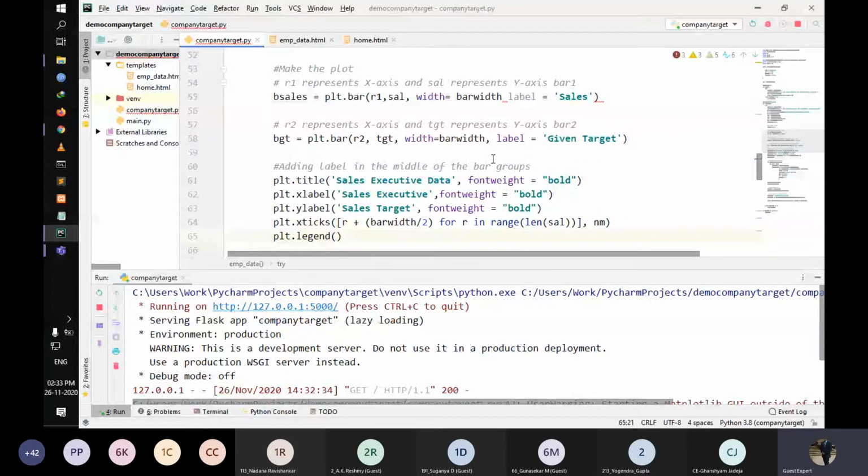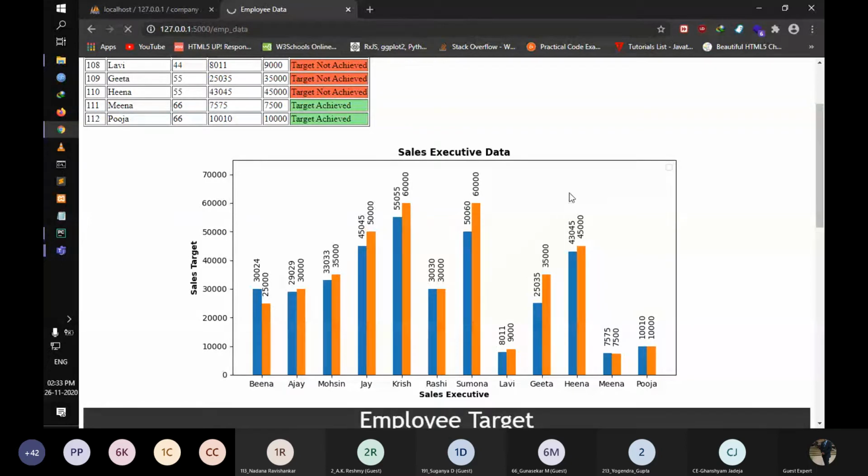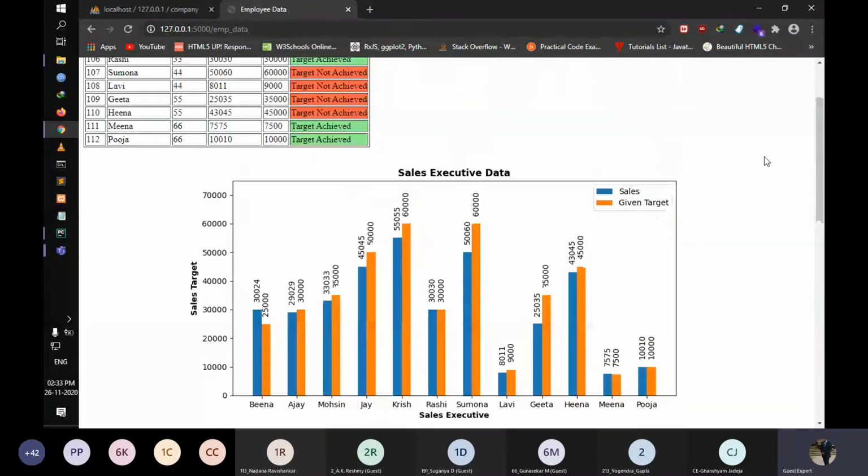Okay, let me run it again and you will see the difference yourself. As you can see, we get a color-coordinated legend: blue is for sales, and orange is for the given target. This is something I missed in the previous code.